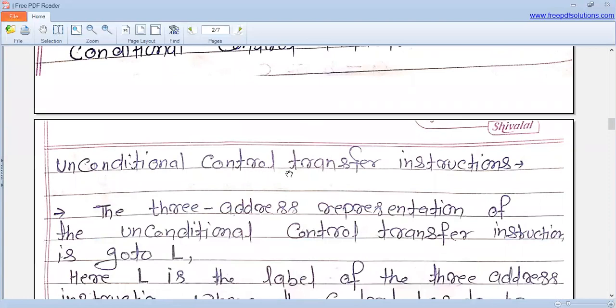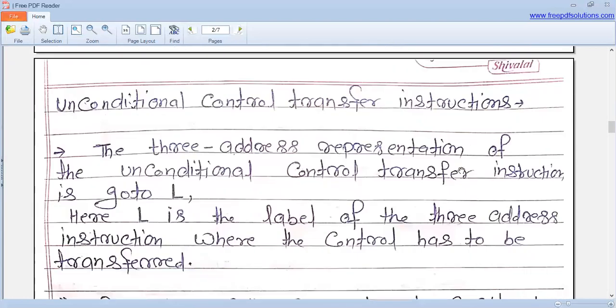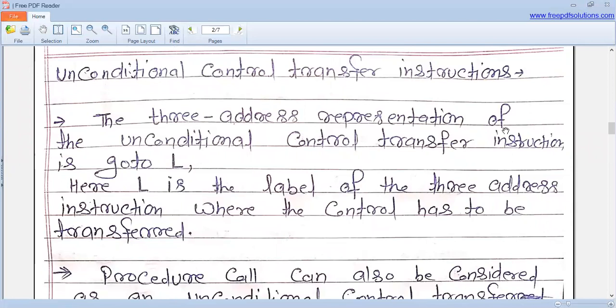In the unconditional transfer instructions, the three address representation of the unconditional control transfer instruction is go to L. Here there is no condition, and go to means jump and L means label.